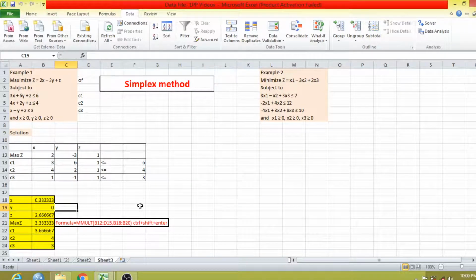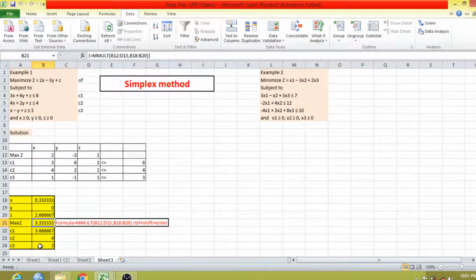So you will get here the values of given decision variables. Therefore we can say that the optimum solution of this particular linear programming problem is 3.33, and the decision variables' values, those we will use to get this optimum value of z. These will be 0.3 for x, 0 for y, and for z it will be 2.6.